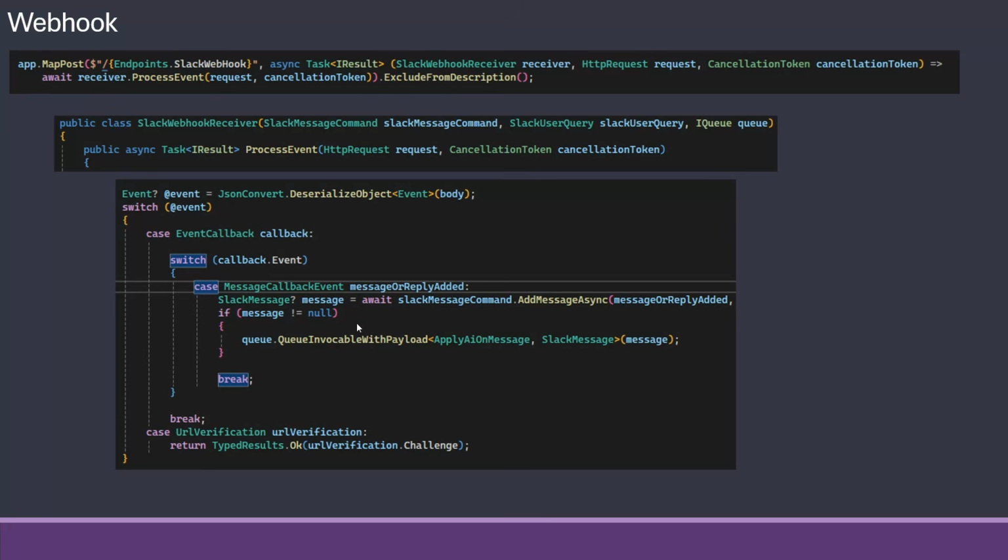Then we start up a little queue that says it should apply AI to the message. The reason why it's in a queue is because a webhook normally doesn't like you spending a lot of time, so we couldn't really wait for AI to respond. So we spin it up in a queue with something called Coravel in my case, but you can use whatever. And then we apply some AI.